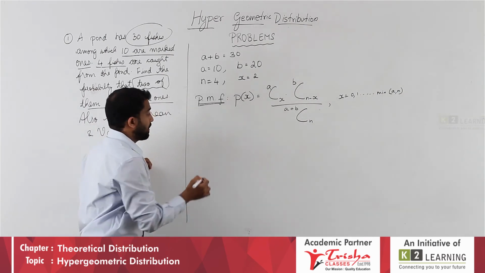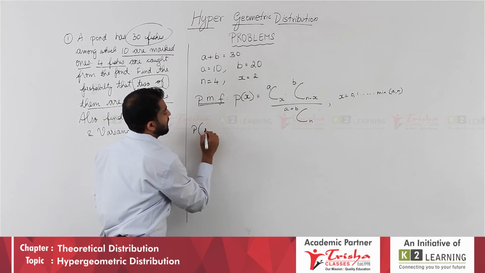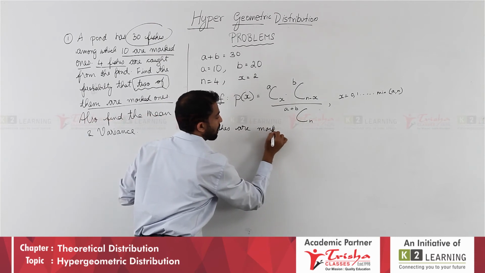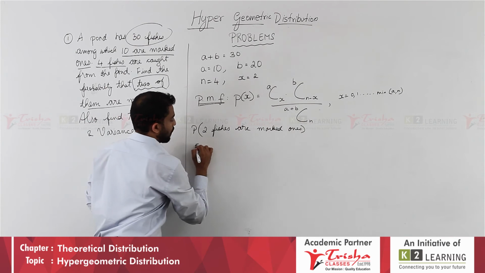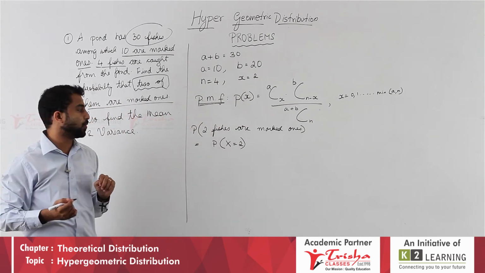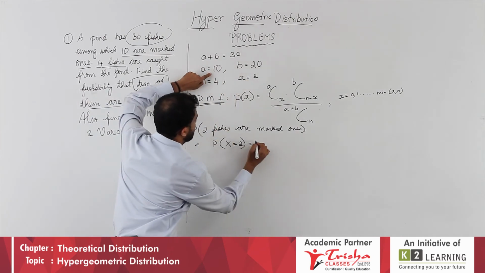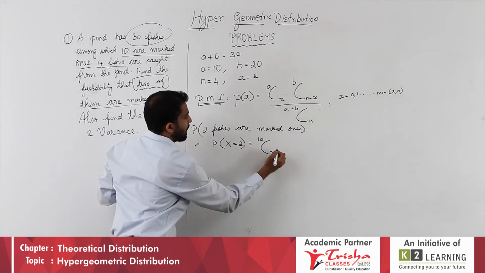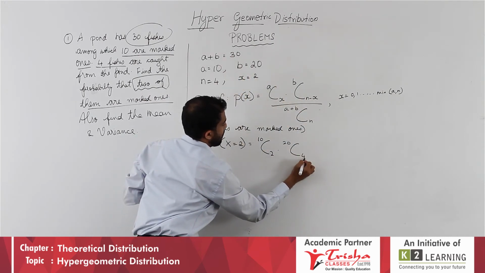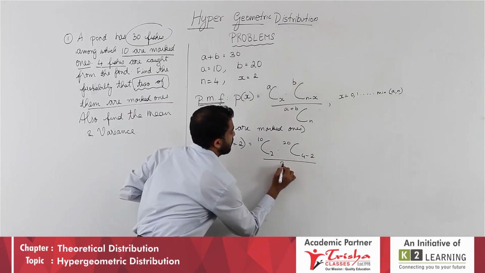So, we have to find, students, the probability of, what is the question given? Two of them are marked ones. Probability that two fishes are marked ones is equal to P of x is equal to 2. And how do we write the probability mass function now? What is A? Just substitute looking at here. A is 10, C, x is 2, into B is 20, C, N is 4 minus x is 2, divided by A plus B totally is given to us as 30,